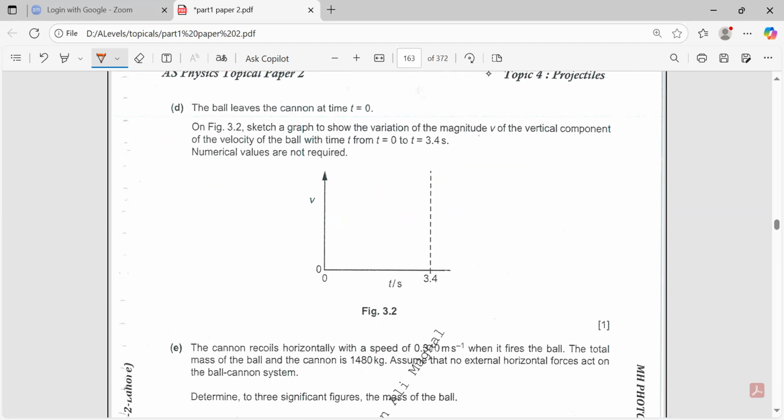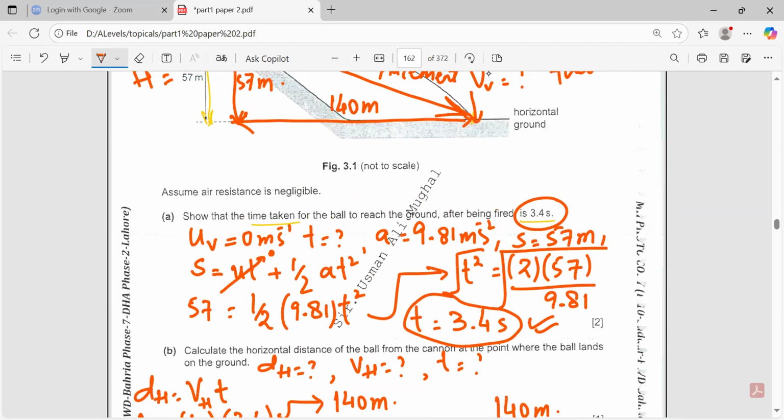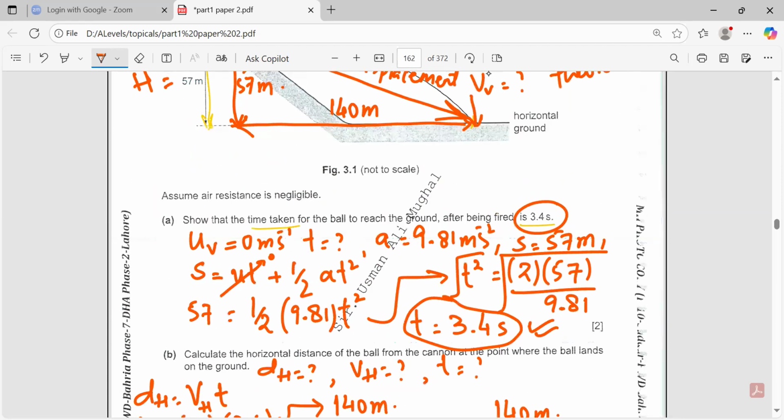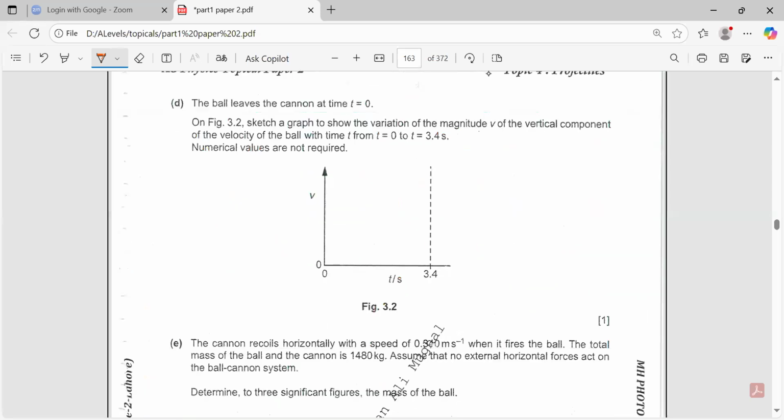तो आपने vertical component of the velocity का जो graph बनाना है time t equals 0 से 3.4 seconds तक. तो टाइम 0 से 3.4 सेकेंड मीन्स के जो यहाँ टॉप से नीचे तक आते हुए फिर कितना टाइम लगा 3.4। और कॉन्टिन्यूसली इसकी जो वेलोसिटी है वो क्या हो रही है, वेलोसिटी इज इंक्रीजिंग। तो व्हाट इज द रिलेशन वी आर गेटिंग, वेलोसिटी इज इंक्रीजिंग फ्रॉम टॉप टू बॉटम। और ये ऐसे इंक्रीज कर रही है कि इसकी जो एक्सेलरेशन है वो होगी कांस्टेंट। So whenever we are having an acceleration